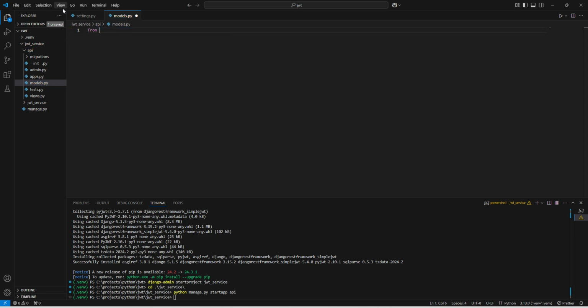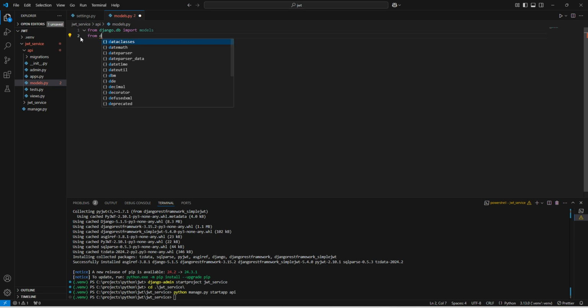Now here we can keep the first line as is. Now here we can import from Django, and we can use config dot auth dot models,